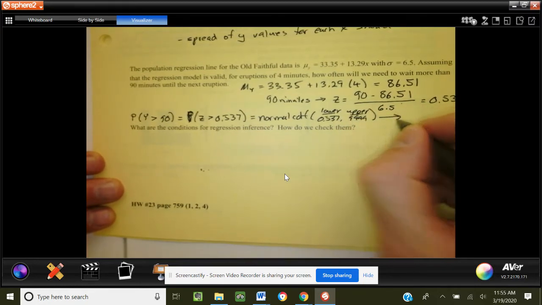All right. And if we do the math, if you put that in the calculator, you get about 0.296, which would be the answer to that question. About a 30% probability that the next eruption would be 90 minutes or more after the one that took 4 minutes. So again, here we're just taking the linear model to get our y value, the